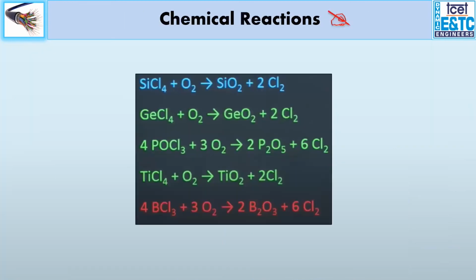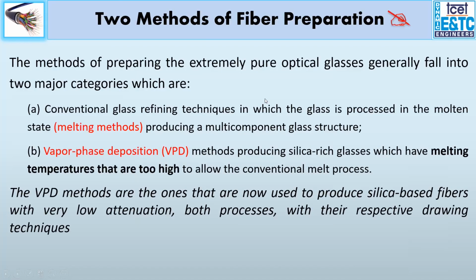And the basic equation that is used when the fiber fabrication is taking place is an oxidation process, where the chloride, pure silica glass is taken, and fused glass is taken, and at a very high temperature this reaction takes place, resulting in the formation of a pure glass and release of the impurities. So we'll be starting with this. So quickly we'll cover this fiber fabrication and then come to the transmission losses.